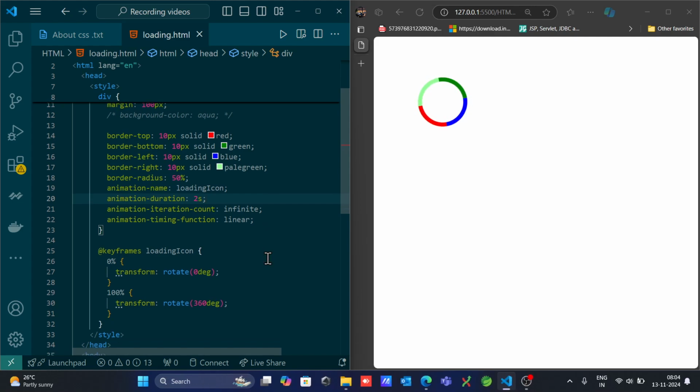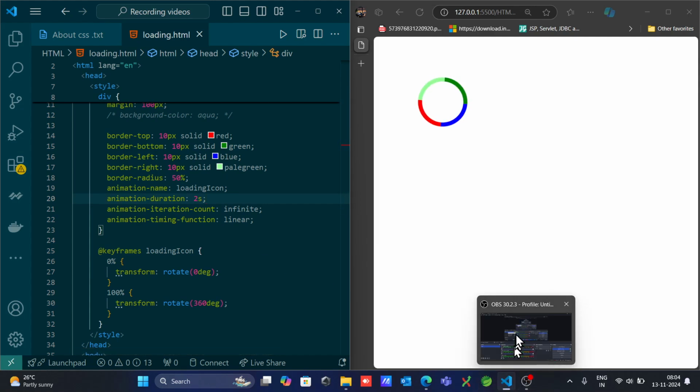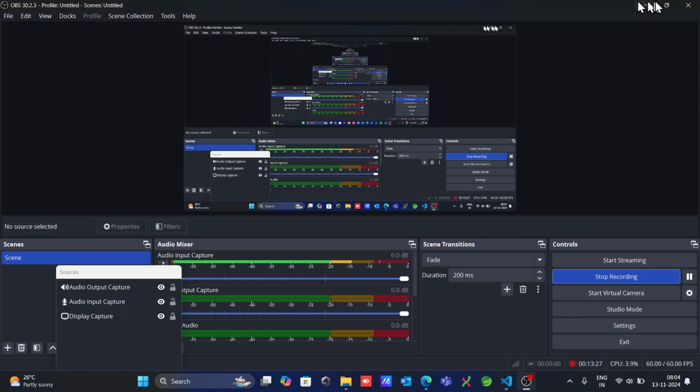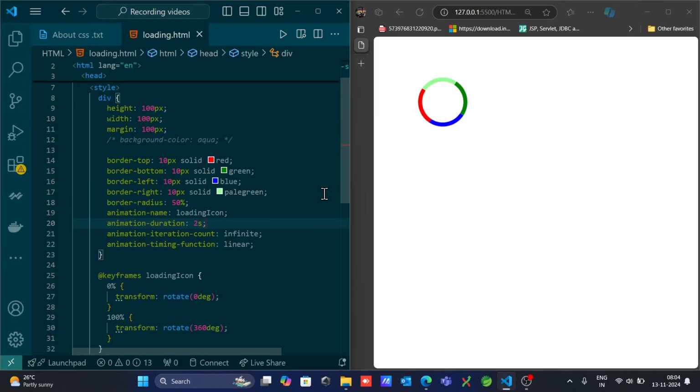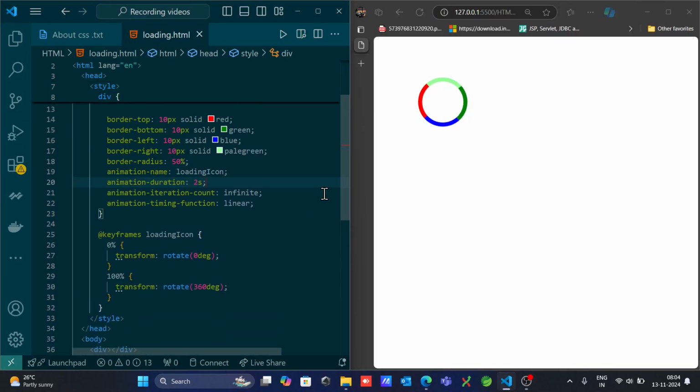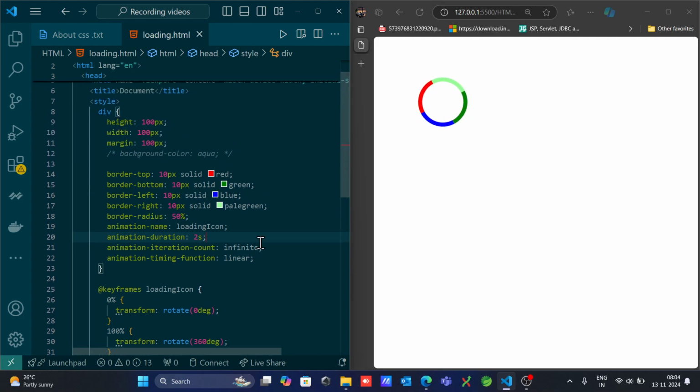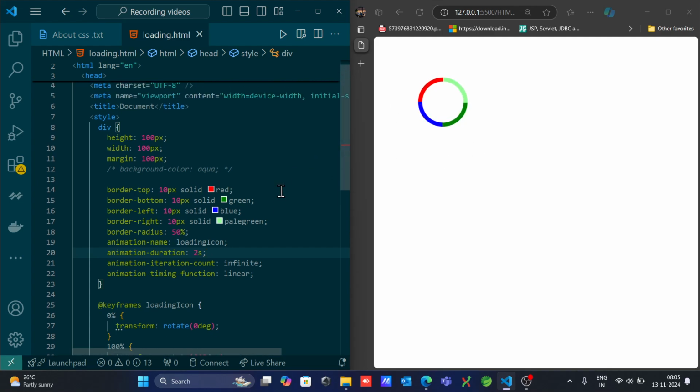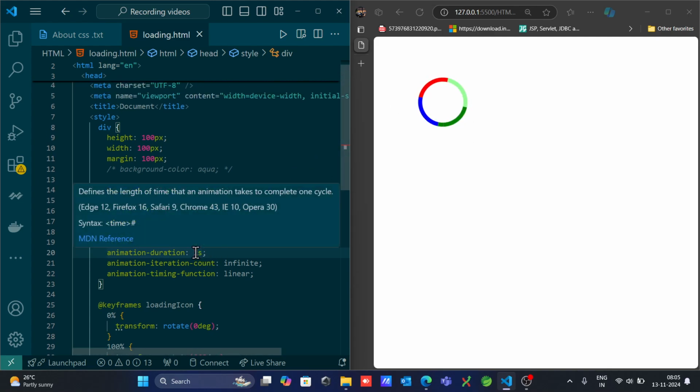You need to understand further. Okay. Yeah, this is a completely rolling option. It means when a web page is loading, a symbol rotates like this. It will do like this. So you can